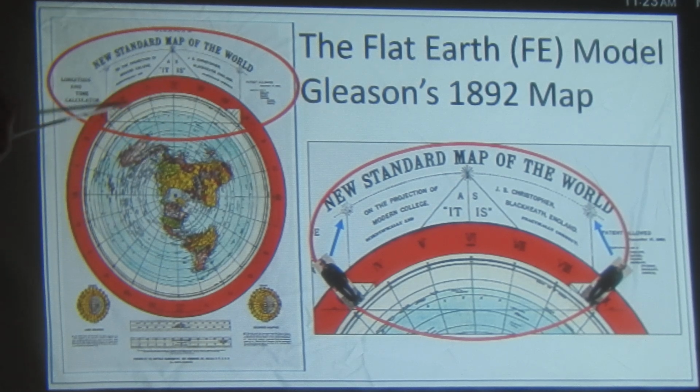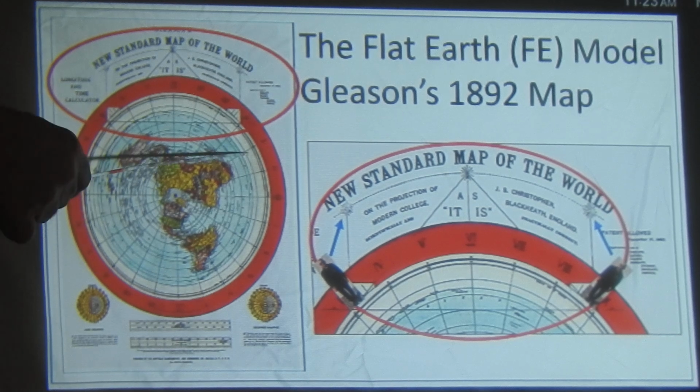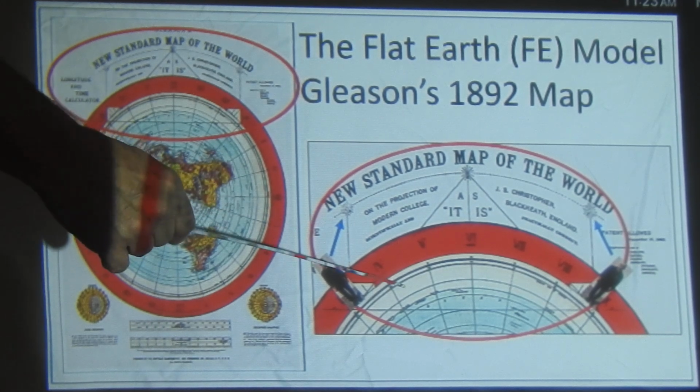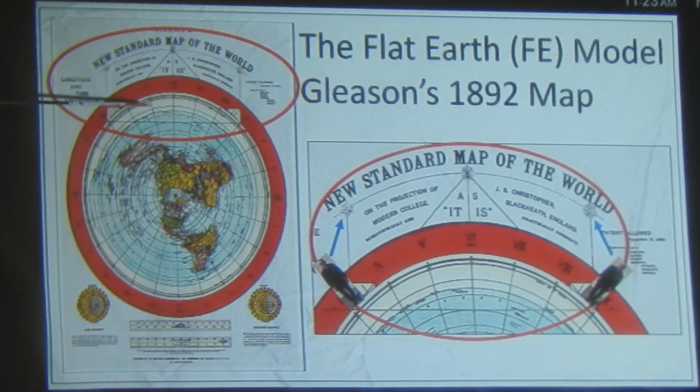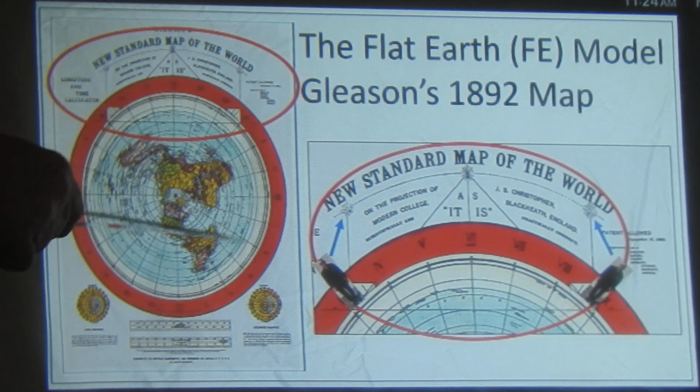Some people have said, well, this is actually a globe. No, it's not a globe model. It's laid out that way because Antarctica is the white ring around it. Each one of these pieces of the pie that's broken down are 24 sections at 15 degrees for 360 degrees, and each one is 1 hour. So there are 24 of them for 24 hours, and this is the timing ring which goes